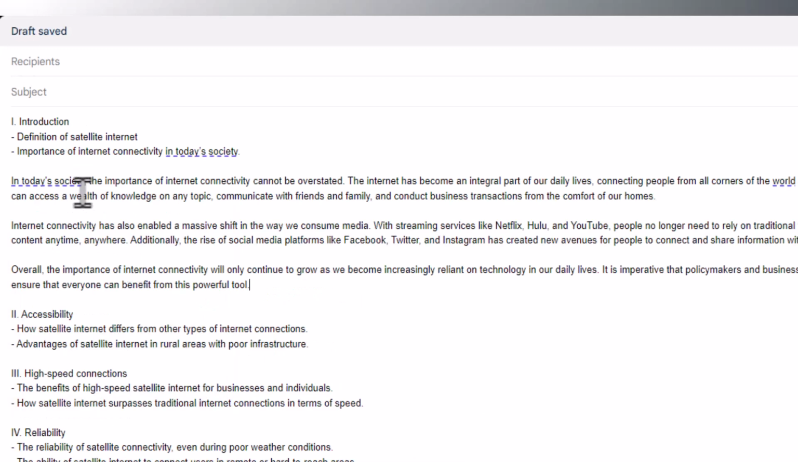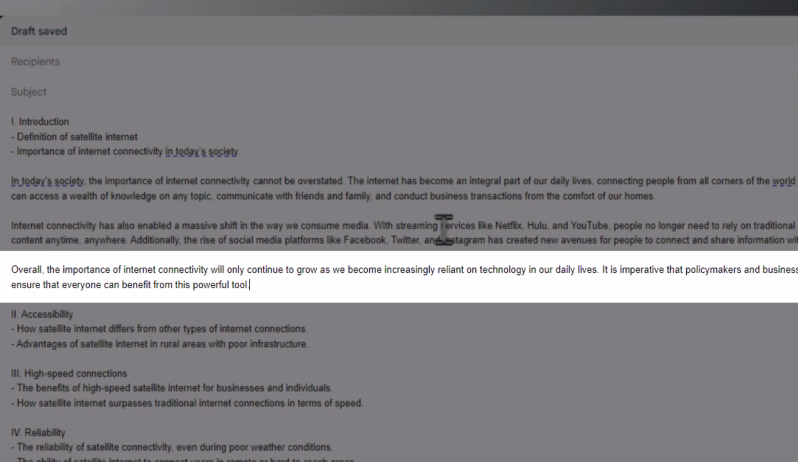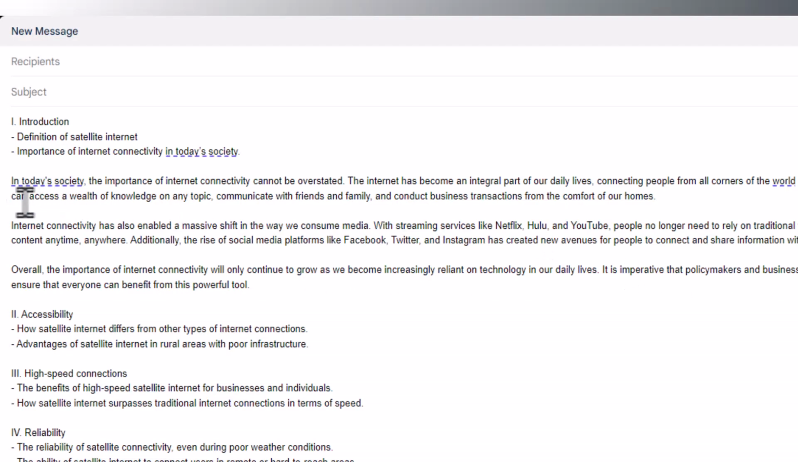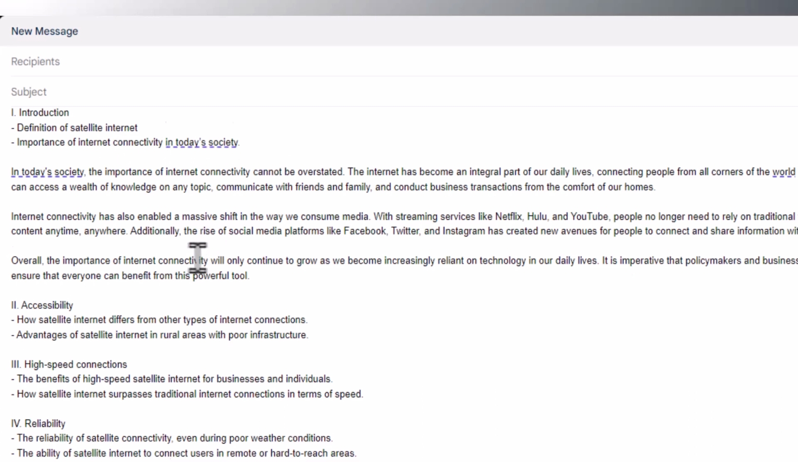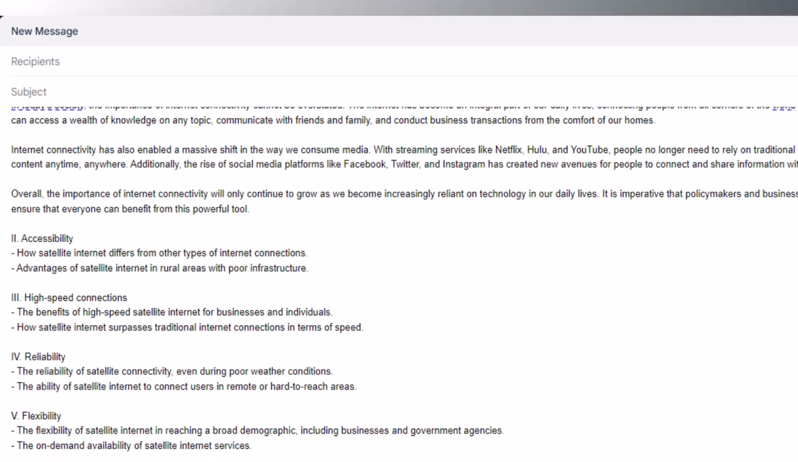So now we have the section here. It's written, overall, the importance of internet connectivity will only continue to grow, and so on and so forth. So it's written two paragraphs about the importance of internet connectivity in today's society. And again, you can expand this and go through all the different outline that we've just created and make an